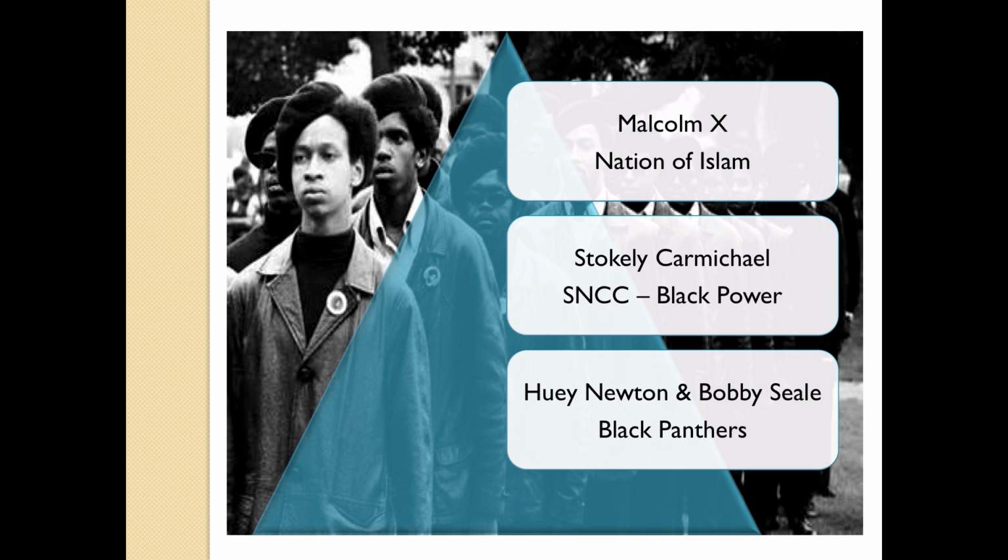Of course, there was a more militant side as well to the civil rights movement. Malcolm X and the Nation of Islam saw things in a much different view, that if there was going to be violence, then the black community had every right to protect itself and fight back. And of course, there were a lot of followers of the Nation of Islam. Black Panthers, Huey Newton, Bobby Seale. They started in Oakland, California. They were in response to the brutal practices of the Oakland police, and they began to fight back against what they felt, honestly, were the racist tendencies of the Oakland police, and eventually Black Panther units are formed throughout California.